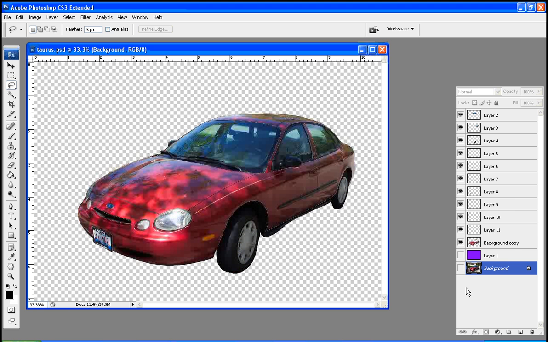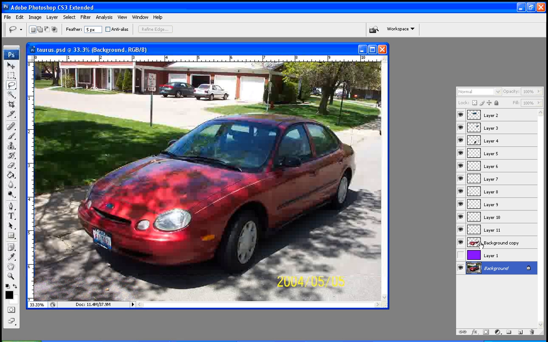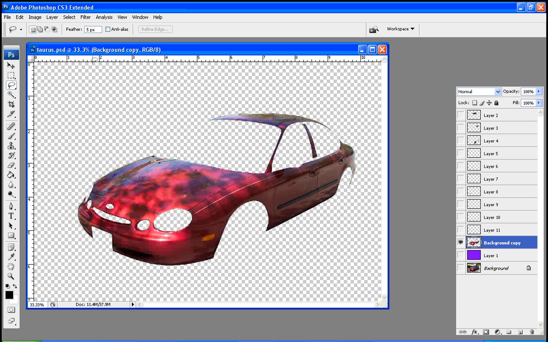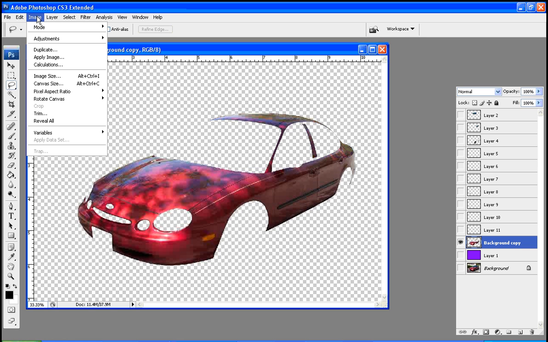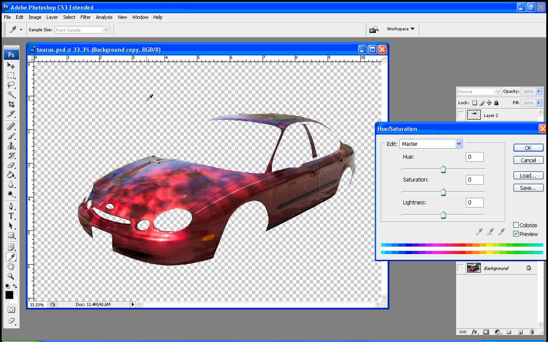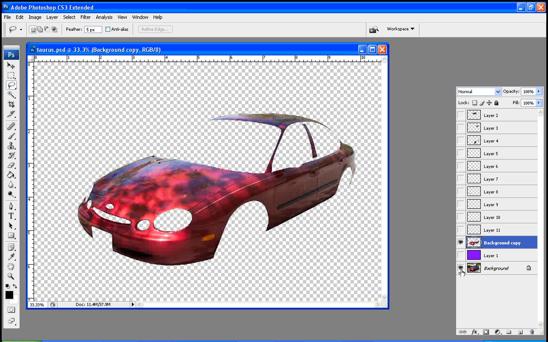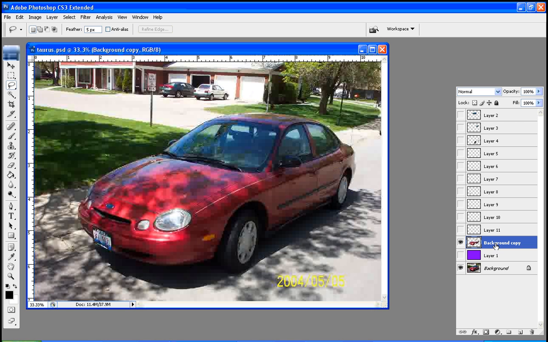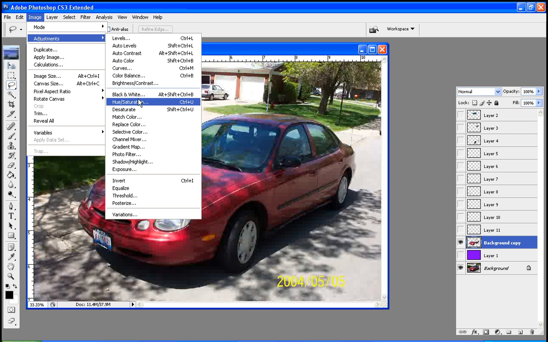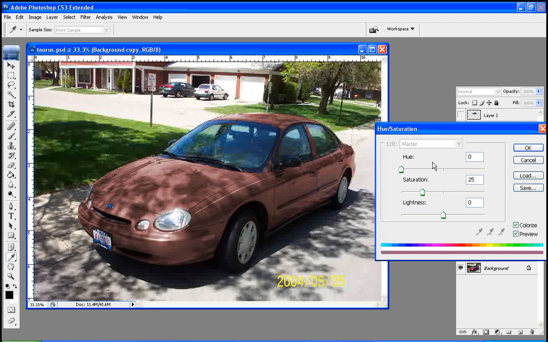because this is actually an assignment in the course that I do for DM125, where I have the student take the body of the car that they've cut out. In this case it's red, and I'm going to go to image and adjustments and hue and saturation. There's a couple different ways to change the color of it, but in this case I like to colorize it. Now it is kind of nice to have the background layer on while you're doing this, and make sure you're selected on the layer copy of your body of the car, and go back into image, adjustments, and hue and saturation, and click on colorize,